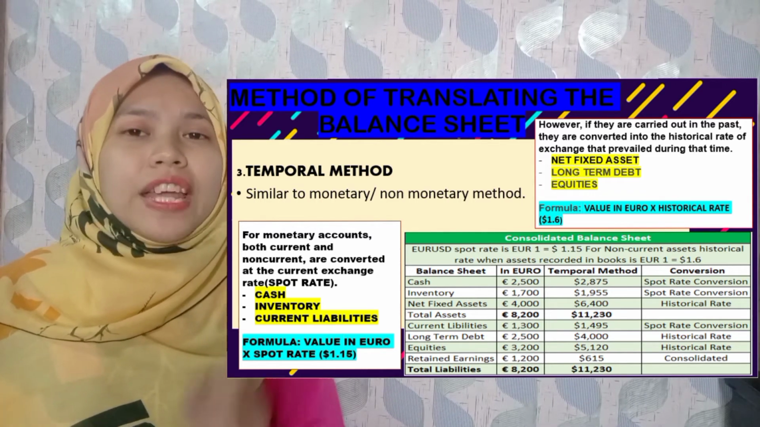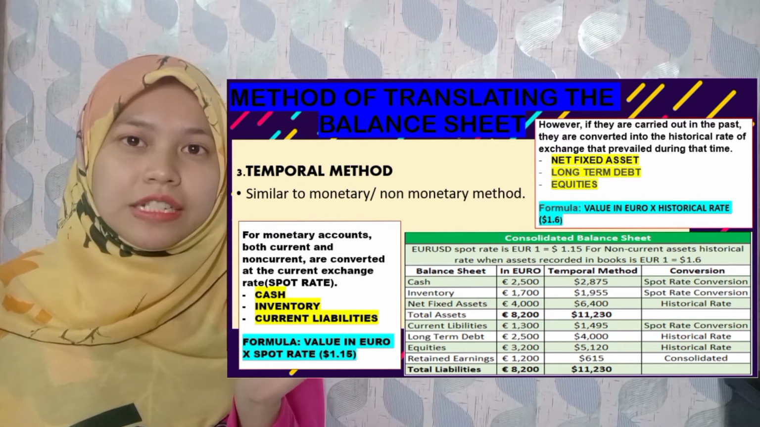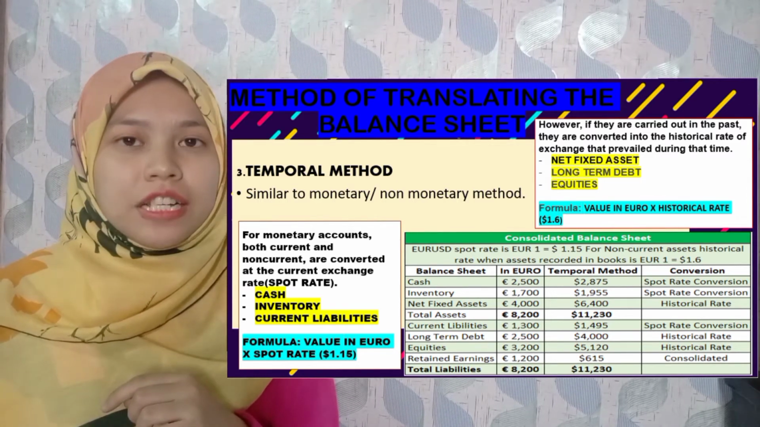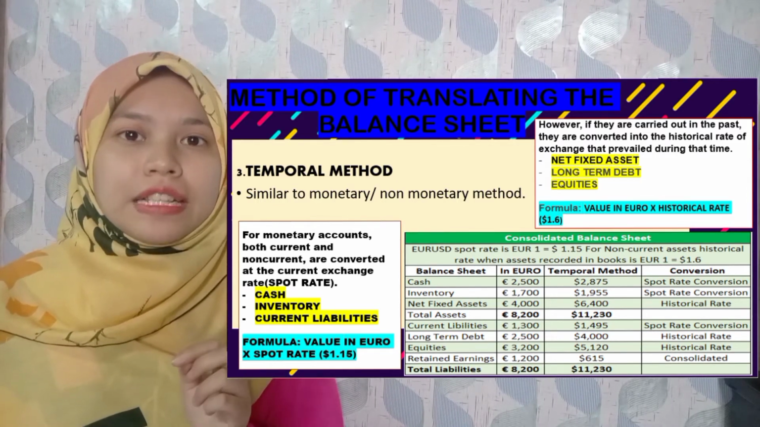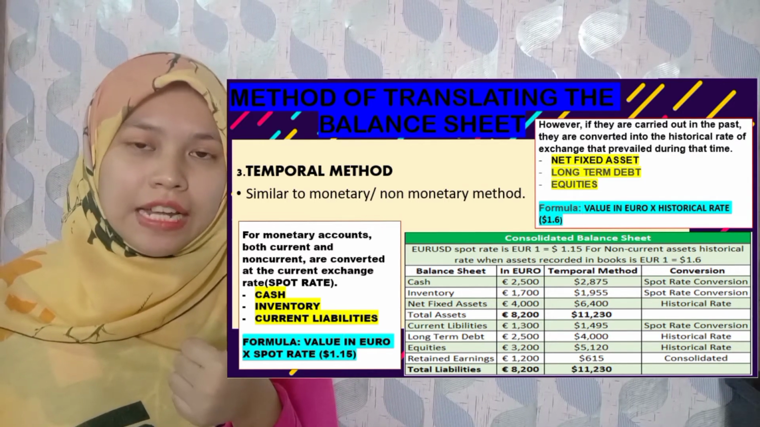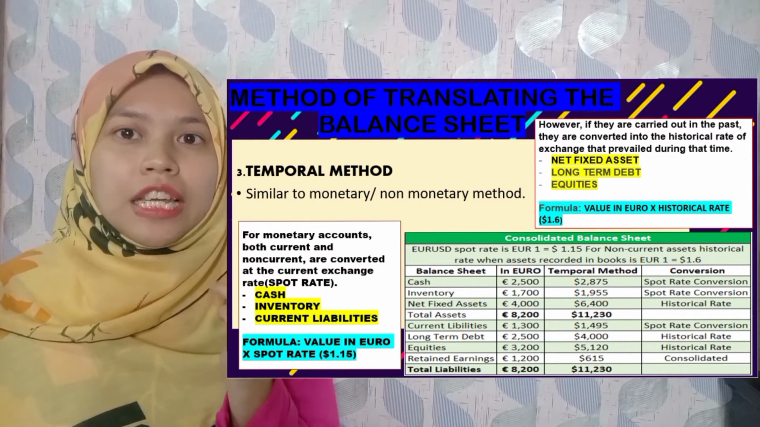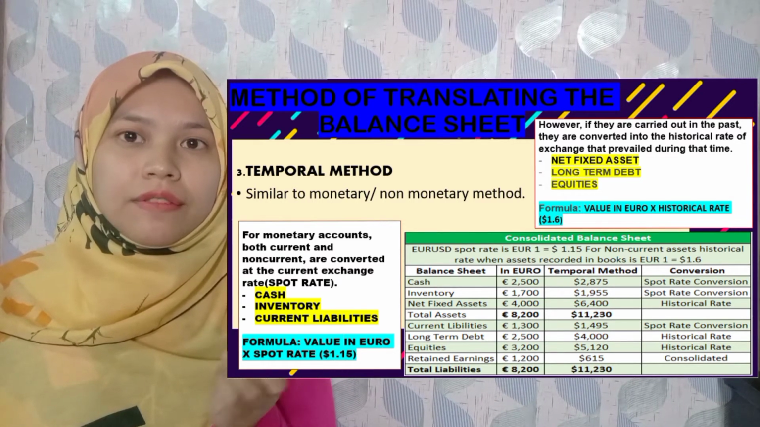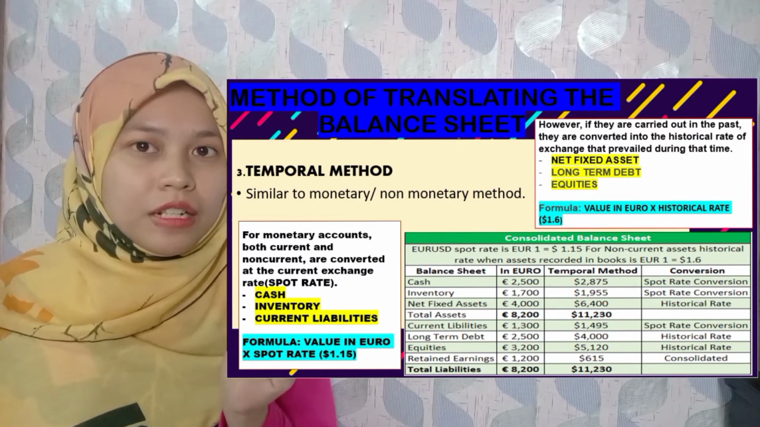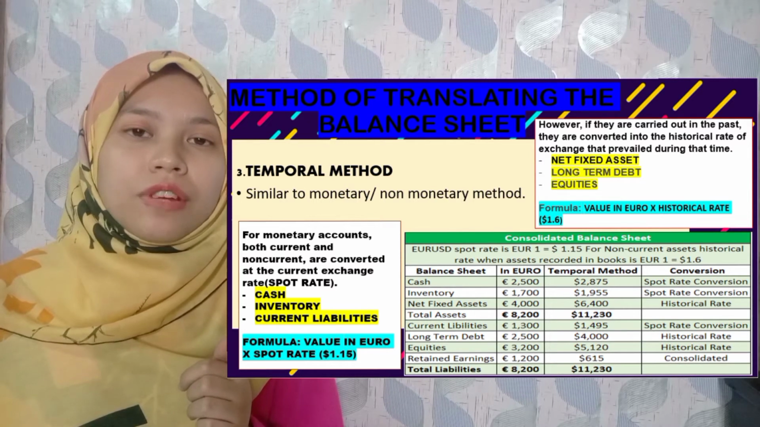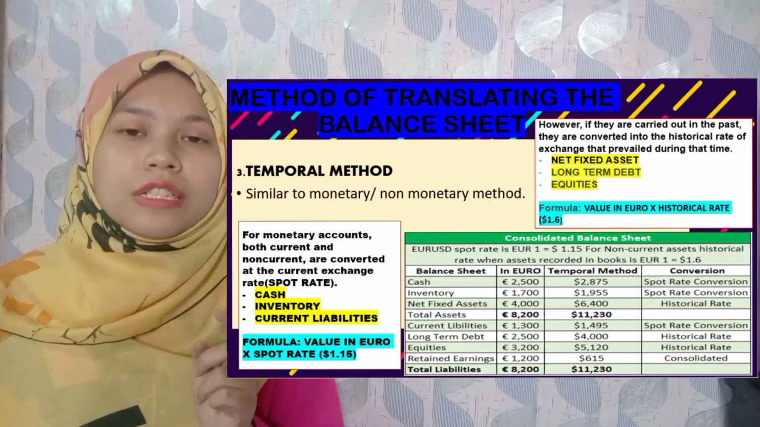However, if they were carried out in the past, they are converted at the historical exchange rate that prevailed during that time. The table shows that net fixed assets, long-term debt, and equities are converted at the historical rate. The formula is value in euro times the historical rate, which is 1.6. For more information about the